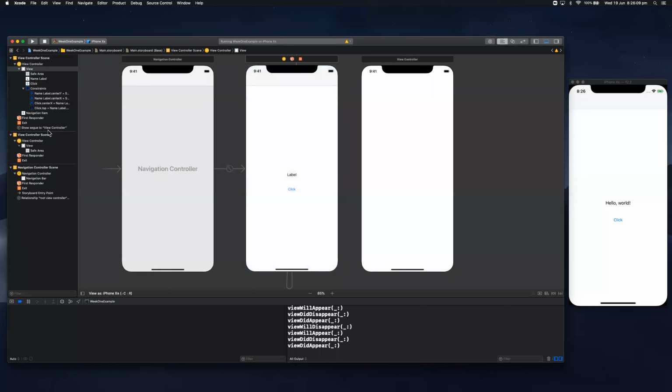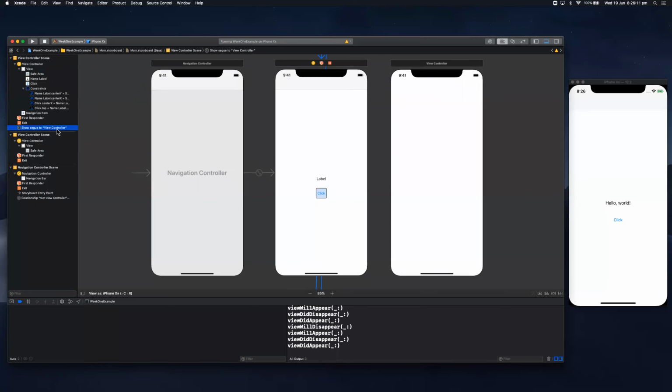If instead I removed that segue, so you'll notice that it shows up on the left over here, show segue, and you'll notice that it highlights the button. If I delete that and instead I create from here to the next screen with a show action segue, you'll notice that it creates this arrow, which is the same thing, that's the segue. It highlights the button. If I press play now,